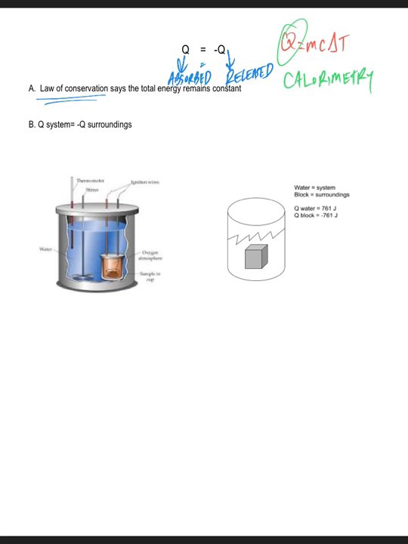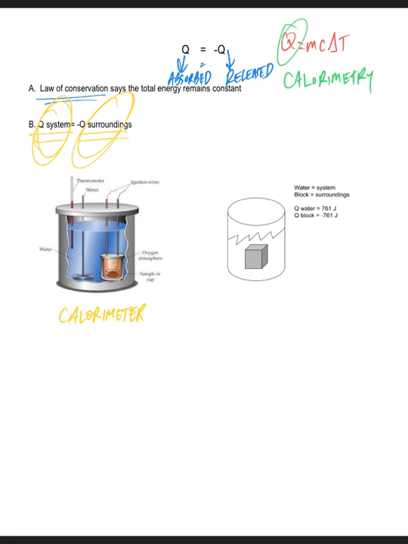So if a particular system absorbs a certain amount of energy, that's how much energy was released by the surroundings. So the Q of the system equals the negative Q of the surroundings. However much energy is absorbed by the system is equal to however much energy was released by the surroundings, or vice versa. Now this is called a calorimeter,